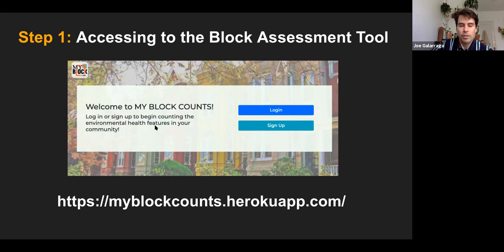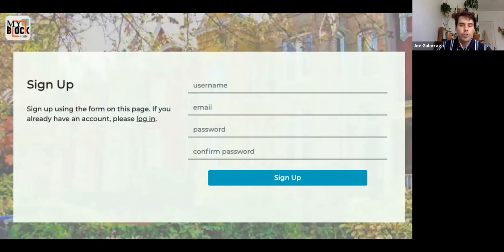So we see that we have this login where you can either log in or sign up. If you've never used the app before, you'll have to sign up. Basically you're entering your username, your email, a password, and that's it. That's the only information that we really collect, because we really want to make the barrier to entry for using this as minimal as possible. This is the bare minimum information that we could collect, but still be able to tie each assessment to a particular area. So you just log in, sign up, create a username, and then you're basically in.